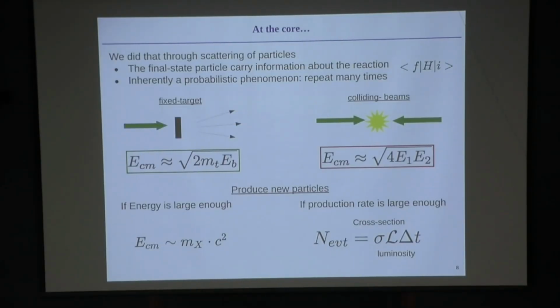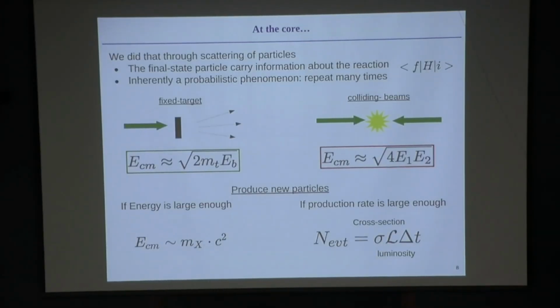There are profound differences in the available center of mass energy for these types of collisions, and this is important because we can use this type of scattering in two different ways, broadly speaking. One is to produce new particles. Out of this reaction, we might produce new particles. The mass of the particle we can produce is directly related to the center of mass energy of the collision. So the maximum mass we can produce is related to the center of mass energy available, in the most ideal case where all the energy can be converted into a new particle of some mass.